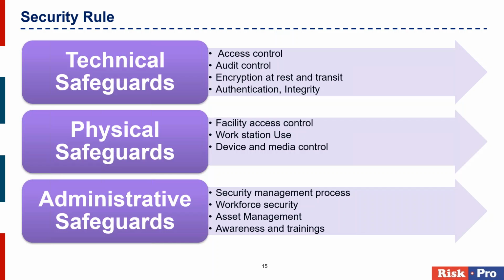So that is an important aspect when we look at it from that perspective. Then we look at other physical safeguards. What are they? Physical safeguards are facility access controls, workstation use, and device and media controls. Facility access control is very simple. It means we can directly map it with the annexures of 27001 that we have,